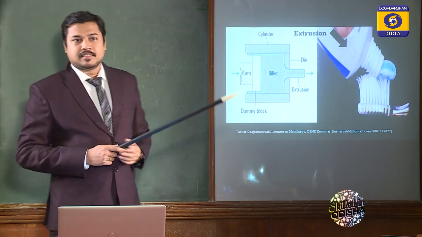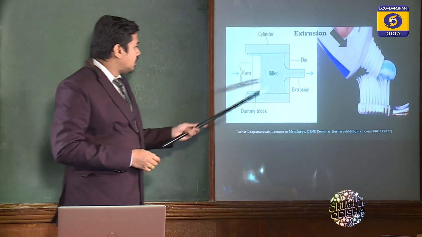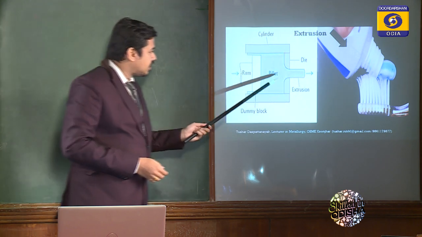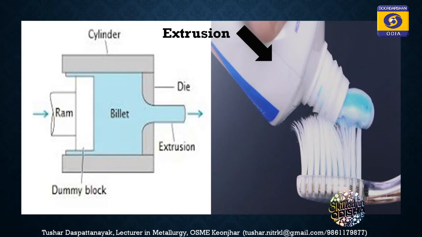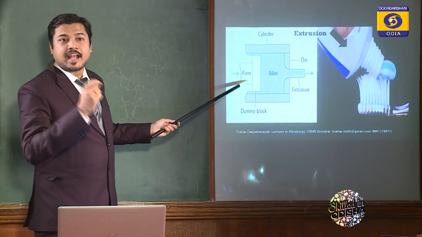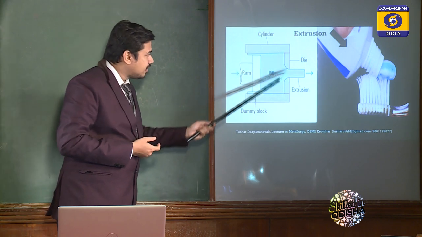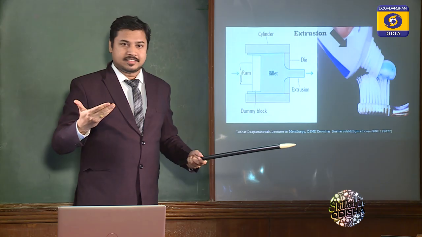the actual process, what happens in real time in case of extrusion. You can compare. Inside there is toothpaste. This is the billet, metal billet. I apply pressure from the back side by using a ram, a solid ram. This is the die. This is the cross-sectional view, that means if I cut the system, what it will look like.